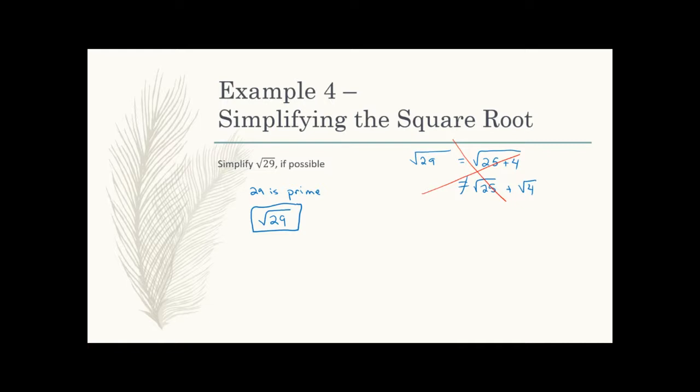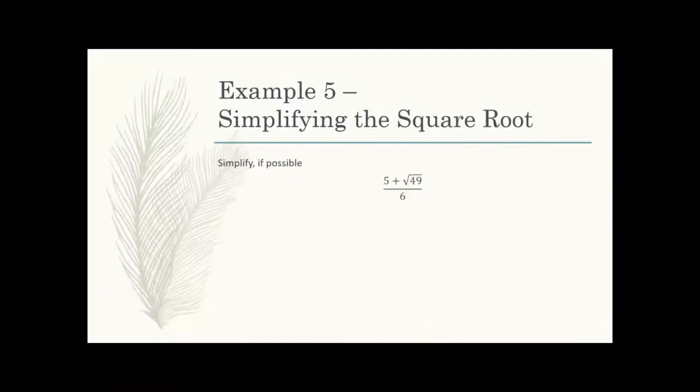So sometimes when you're simplifying, you can't actually do anything, and it's just exactly as you see it. Okay. So now I'm going to move on to things that look like things that you'll see when you do the quadratic formula. So when you have the quadratic formula, you will have things with pluses and square roots and,